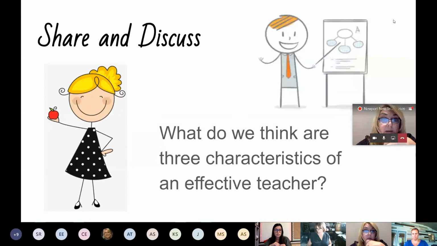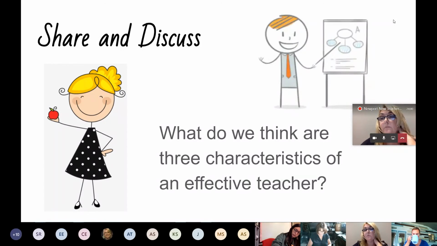Okay, so the things that I heard you say fall under the 3 characteristics of an effective teacher that Harry Wong talks about in his book. You would like to write these down: positive expectations, classroom management, and lesson mastery. So efficient and effective teachers know what they are doing and do things right consistently. Efficient is doing things right, and effective is doing things right consistently.